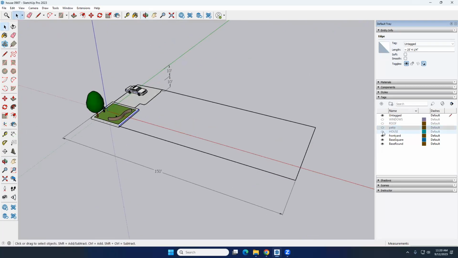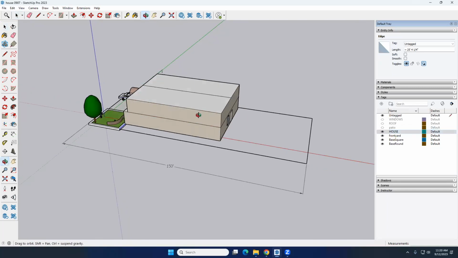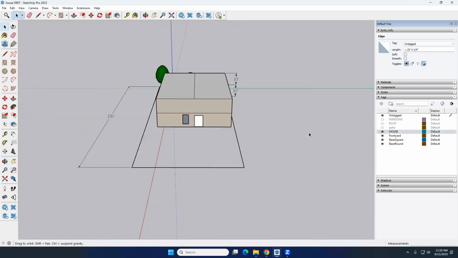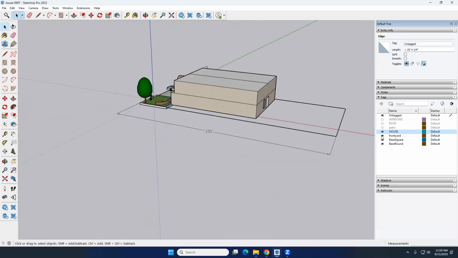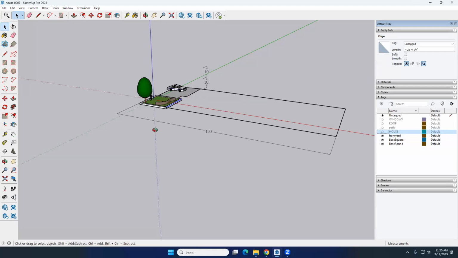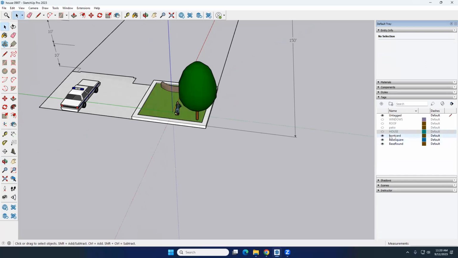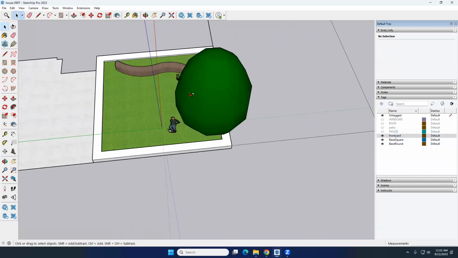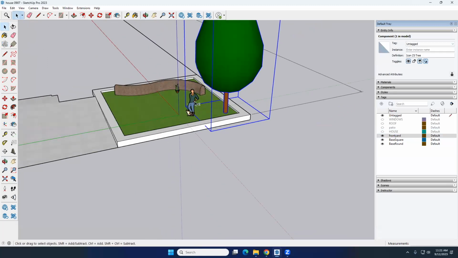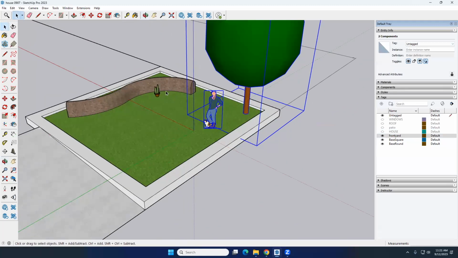And then actually I still need my house, so I will pull up the house now. I hide everything and it's just the house and the front yard. Oh, there's another clean work we need to do. Okay, there's nothing in the front yard yet. See the front yard, you hide it, there's nothing on there. So I want to select all this kind of stuff, the heather and the tree,